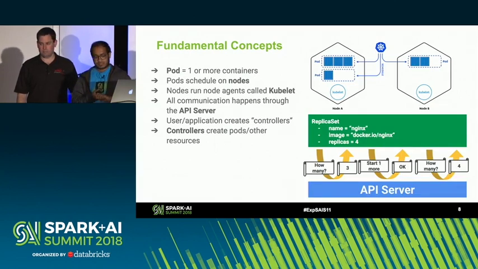This is more of the technical details of Kubernetes, so you get a little bit of an understanding as Sean goes into detail later. Everything, at its core, the smallest schedulable unit is a pod. A pod can contain one or more containers. If you look at the diagram on the top, you see a pod with 1, 2, and 3 containers each. The pods schedule onto nodes. Nodes might be physical or virtual machines. Each node runs a node agent called a kubelet. For people familiar with Yarn, a kubelet is like the node manager.